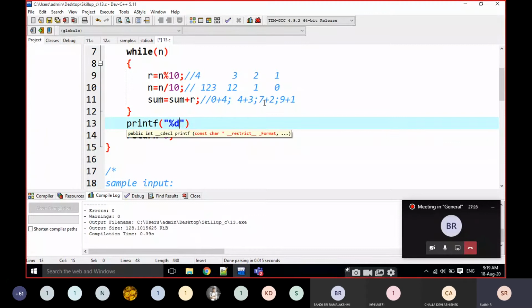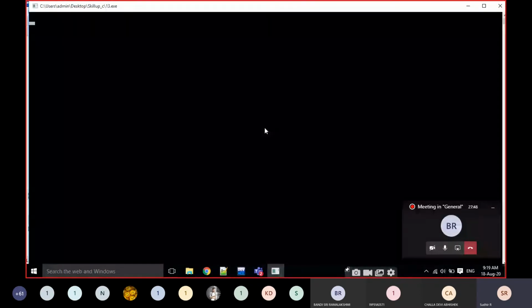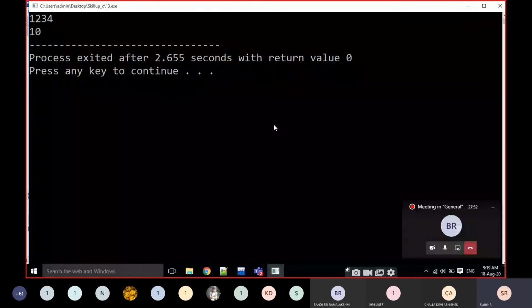For example, percentage d, I am going to print it after the loop, not inside the loop. I am going to print outside the loop. Why am I going to print outside the loop instead of inside the loop? I will explain here. For example, if I execute it, the sum of the digits is